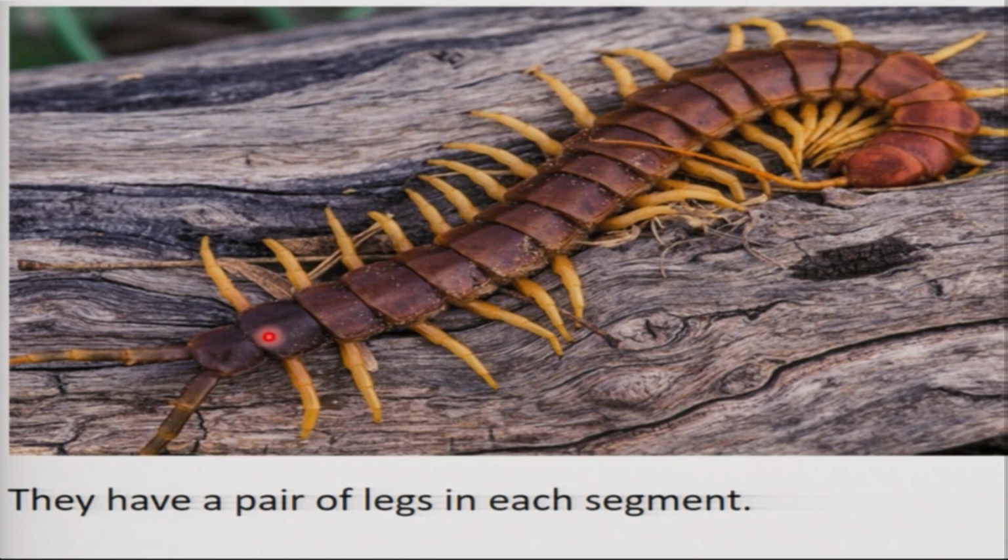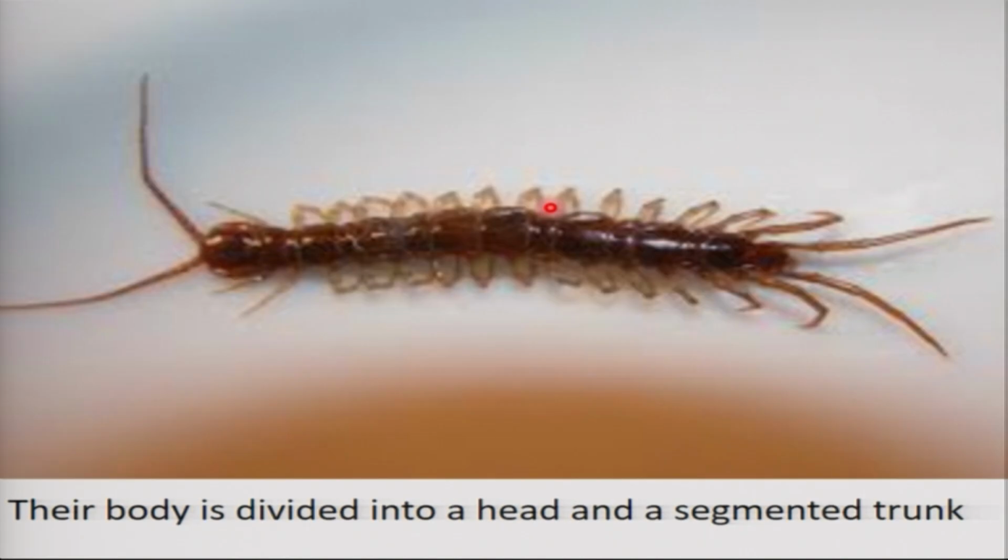Because this is a segment from here up to here. This is what we call a segment, from here up to here. So each segment has got a pair of legs located on opposite sides. That is another characteristic. Like that, like that. So you can't find any segment left without. That mistake was not there. All right?